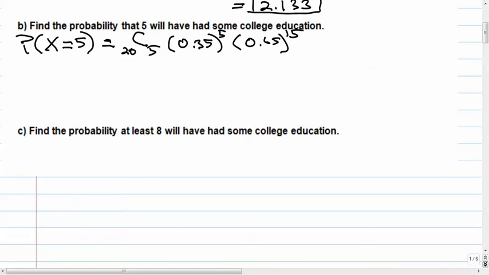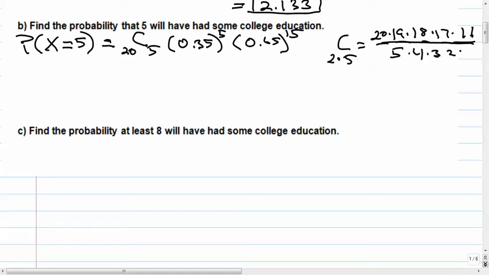Now, I'll just go over here. C of 20 pick 5, remember, it's 20, 19, 18, 17, 16. You're picking 5 things: 1, 2, 3, 4, 5. You're dividing by 5 factorial: 5, 4, 3, 2, 1. You do the math. You're going to get 15,504